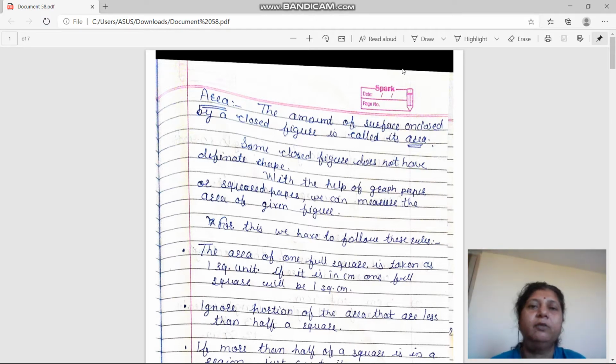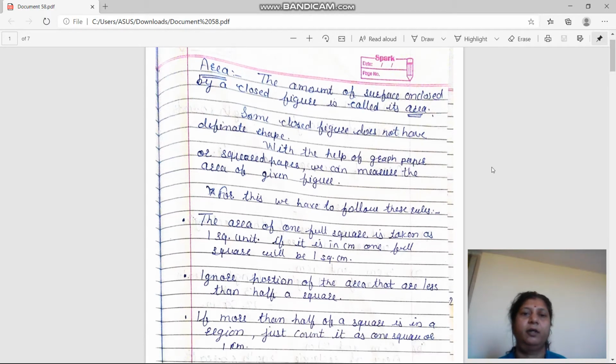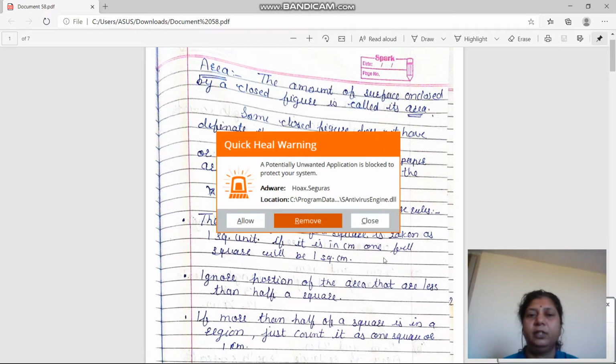Okay, now we have started the new topic, that is area. The amount of surface enclosed by a closed figure is called its area. So see here, I have written the definition, and you have to write these notes in your CW copy. In these notes I have given the definition and all the important points